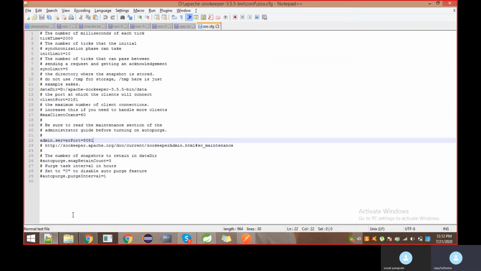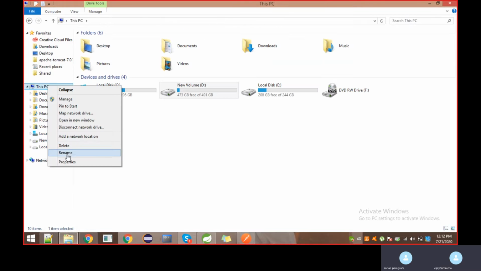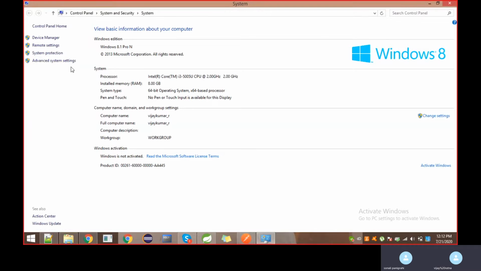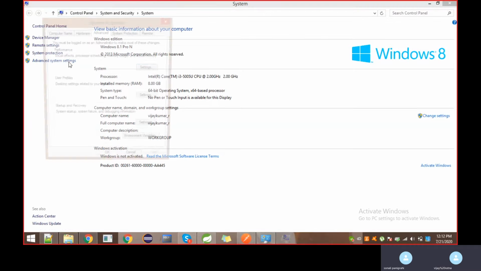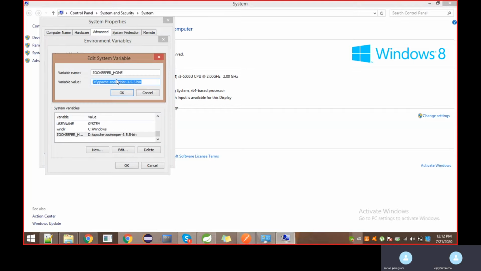Once this is done, we should go to our environment variables and set the path of Zookeeper as a system variable. Here I am adding a system variable named ZOOKEEPER_HOME, with the value wherever your Zookeeper folder got extracted.